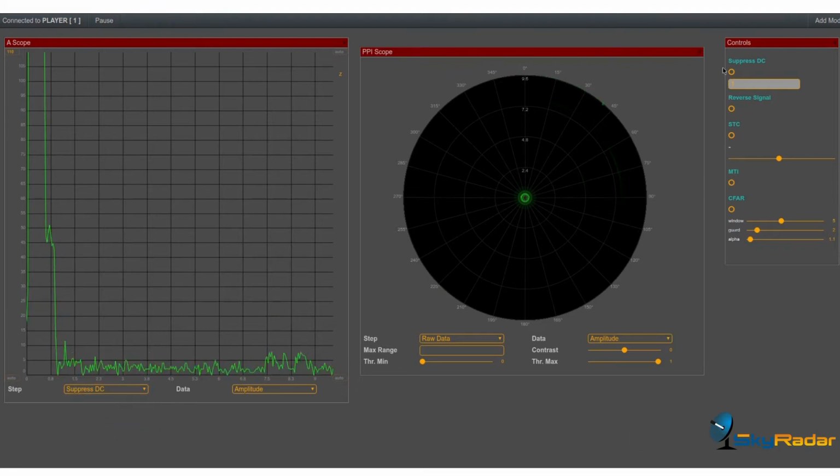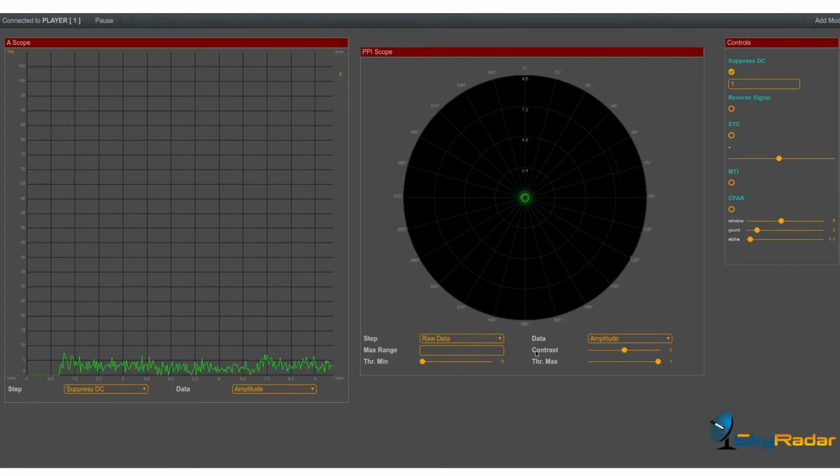And here, if I activate suppress DC, it will remove the first 1 meter of our signal. So, for example, something like here should be removed. Okay. Yes. By activating and deactivating the suppress DC, we can see its effect. Okay, let me activate it and see how it affects